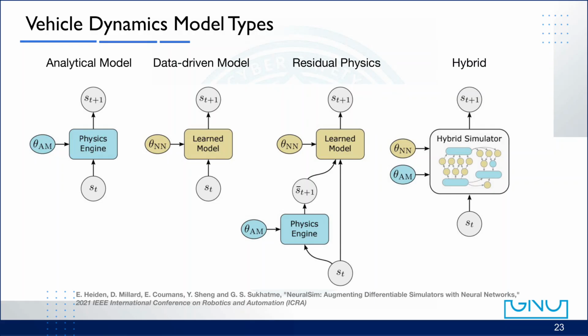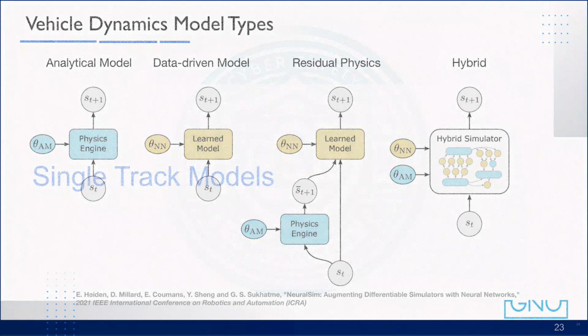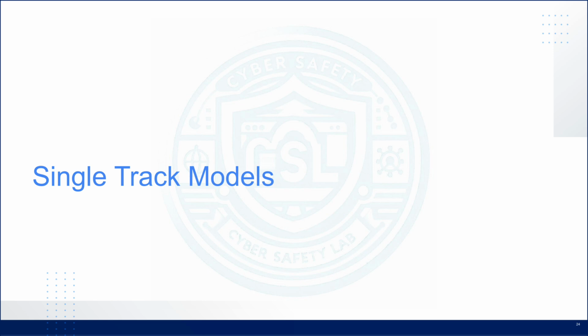This hybrid approach is now becoming popular in modern autonomous driving research because it balances accuracy, interpretability, and data efficiency. Now let's begin our discussion of single-track models, also called bicycle models in vehicle dynamics. These models are fundamental because they represent the essential behavior of a car using a very simplified structure. Even though they look simple, they are powerful enough to capture most of the lateral and longitudinal motion needed for